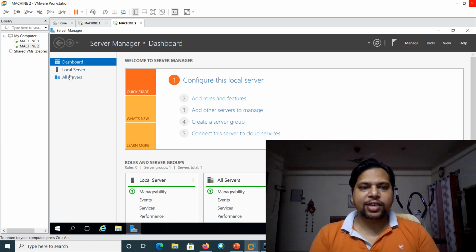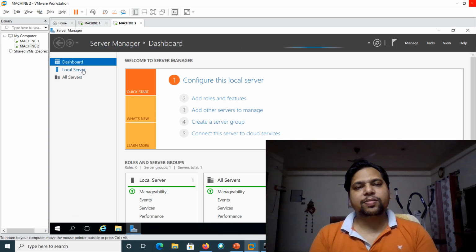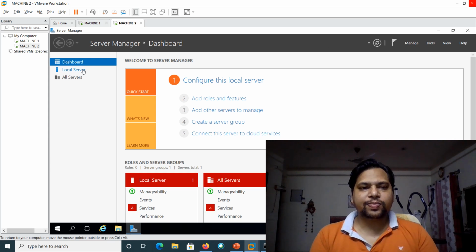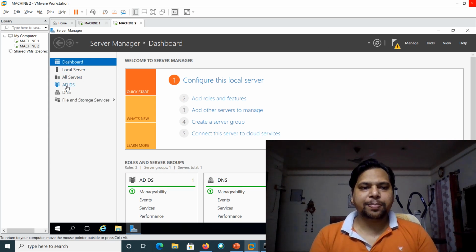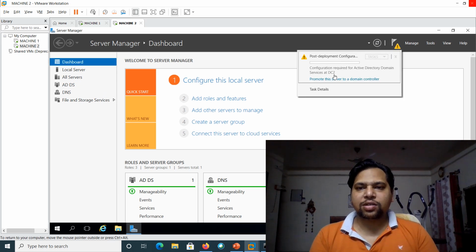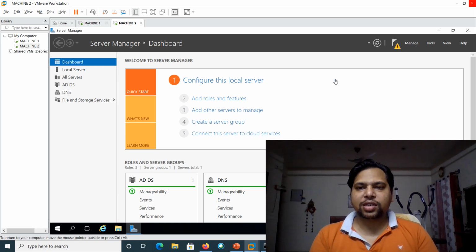We'll see ADDS at the left hand side. Let it populate, and then we'll start off with the installation of the ADC. Okay, here we go. Click on the notification icon, click on promote this server to a domain controller.